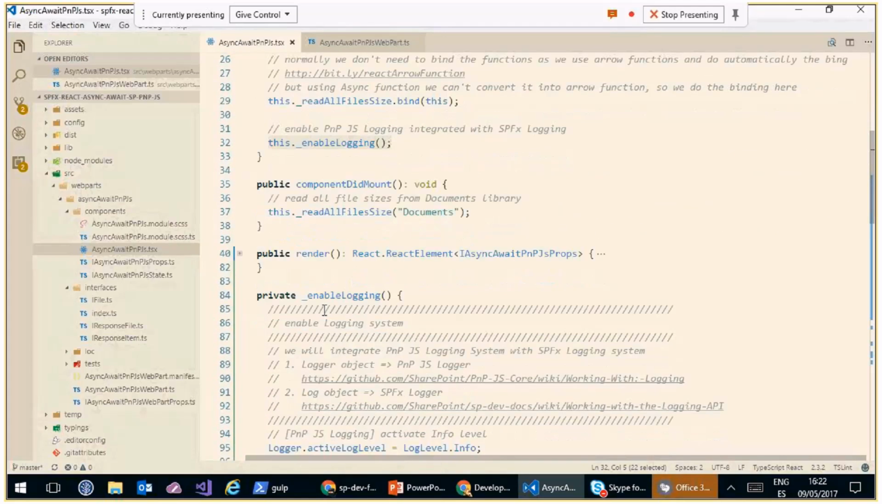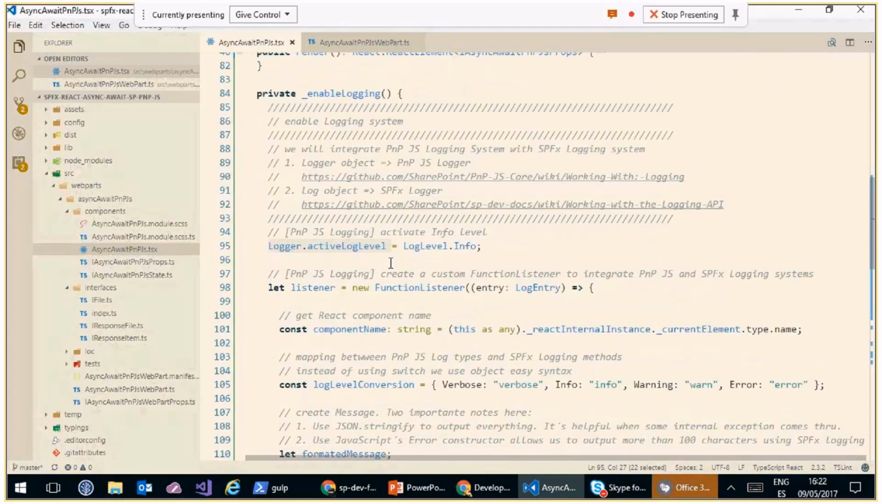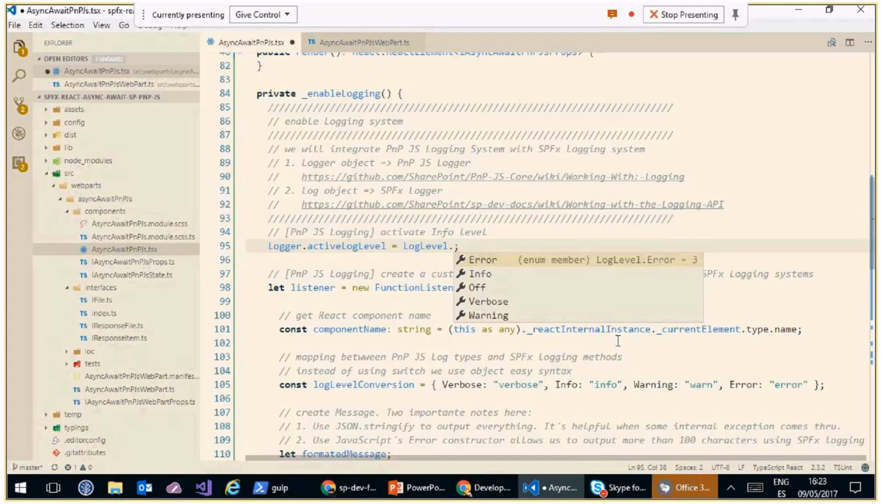First of all, we have to tell PnP JS which is the active log level we want to apply. Let's see how many levels we have available. We have error, info, off, verbose, or warning. For example, we are playing now with info, which means that we will see error, warning, and information levels